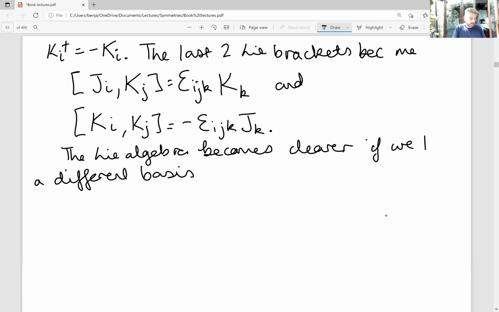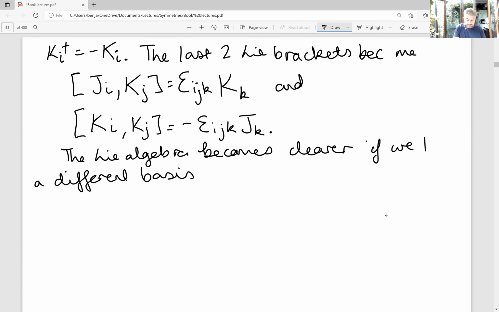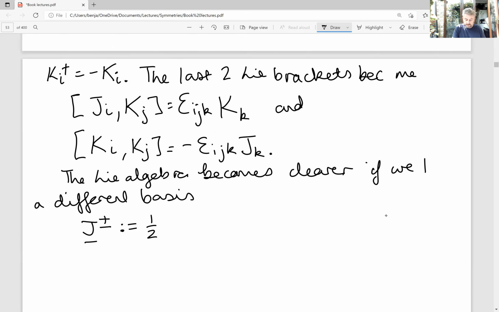So here I want to define some vectors J, and they're either going to be J plus or J minus. These are defined to be a half times (J plus or minus iK), vectorially. Okay. So you can check that this implies that